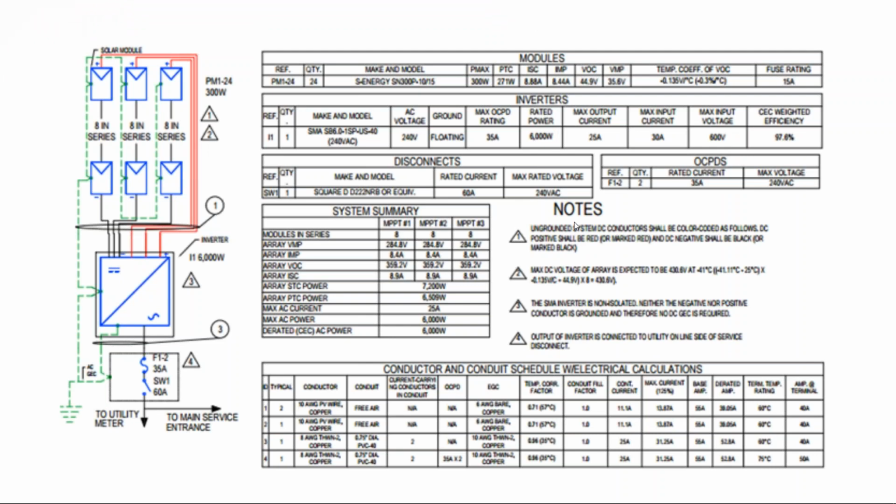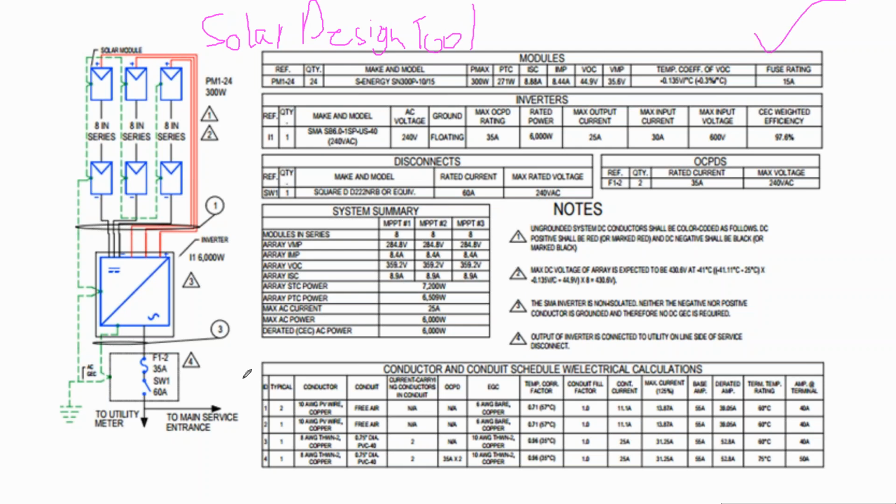There are design softwares out there. This is kind of my favorite residential one, which is called Solar Design Tool. And it does a lot of calculations for you, and it does things like wire sizing and conduit sizing. But the problem is all of this stuff is just kind of written for batteryless solar. So all of the commercial software out there is not well written for these battery-based systems.